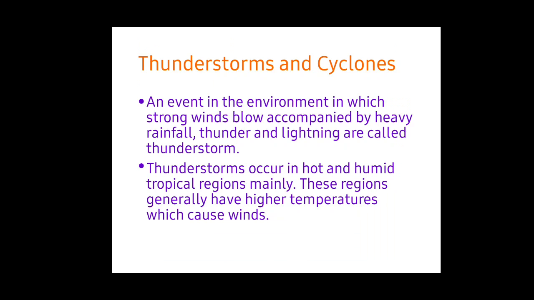Next we are going to see about the disasters caused by the properties of air. An event in the environment in which strong winds blow accompanied by heavy rainfall, thunder and lightning is called a thunderstorm. Thunderstorms occur mainly in hot and humid tropical regions. These regions generally have a higher temperature, which causes